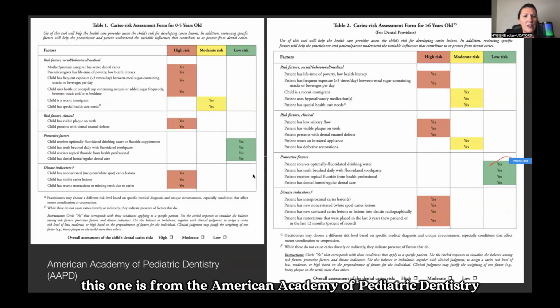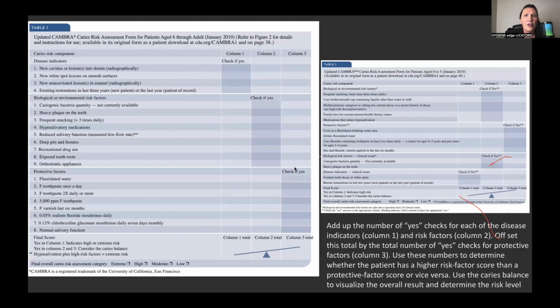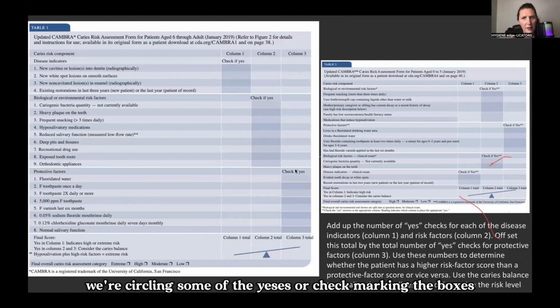This one is from the American Academy of Pediatric Dentistry. They have one for 0 to 5 and then 6 and up. And we're circling all the yeses. This is also the Canberra one. We're circling some of the yeses or check marking the boxes, and we kind of weigh and balance where